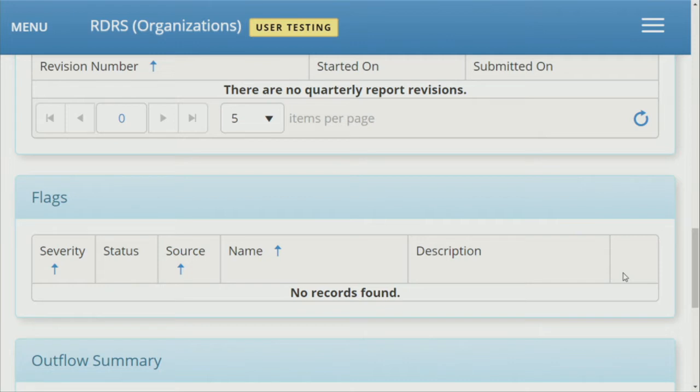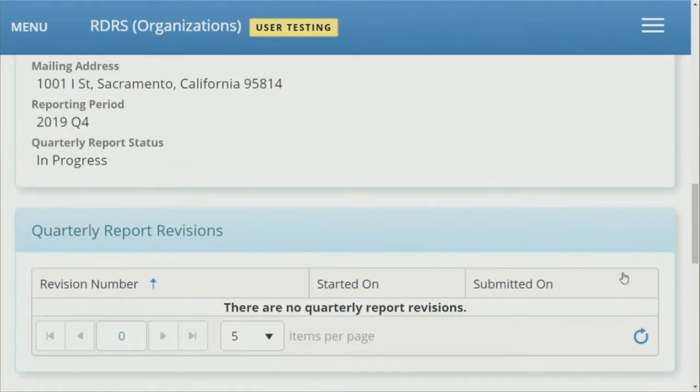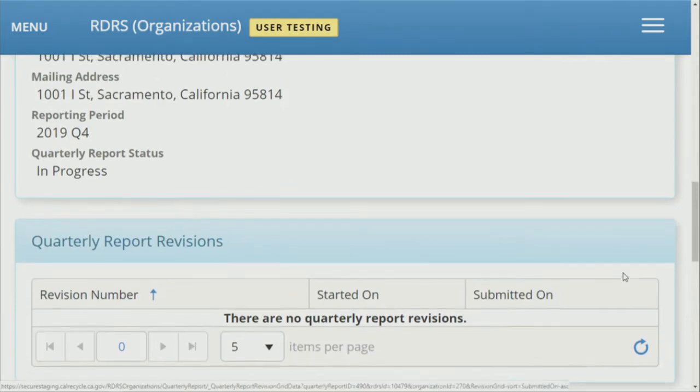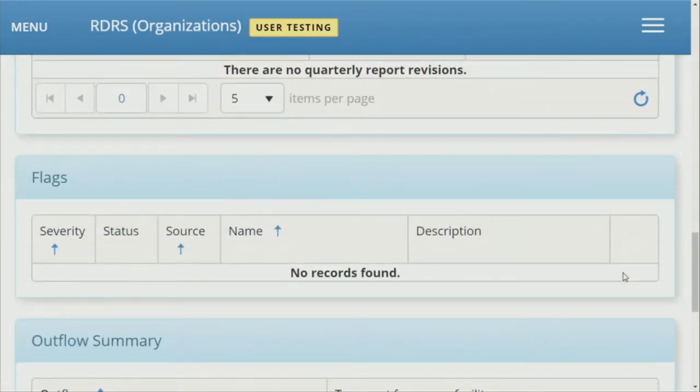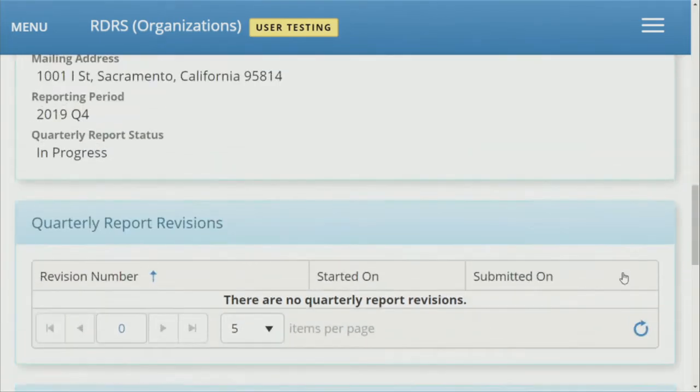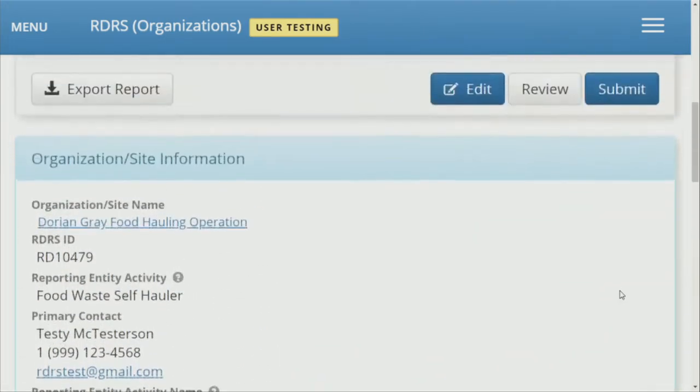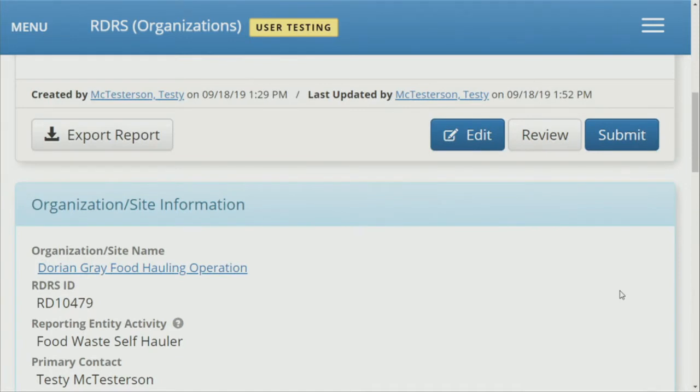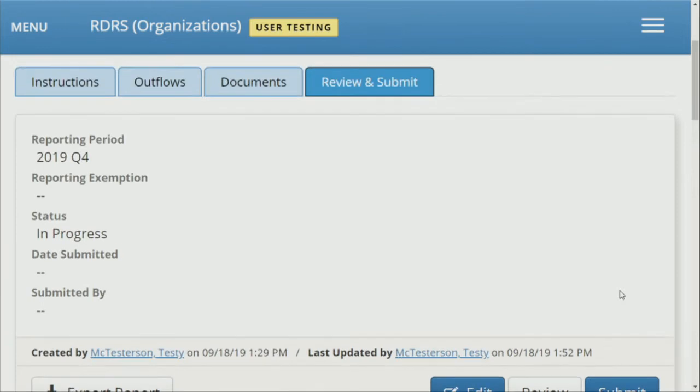I'll try in a couple of the subsequent reporting entity types to deliberately make a mistake so that the flag can catch it, and I can show you how that functionality works. But just know that there is an automated check of the data to ensure completeness, and that's for your benefit, to make sure that everything is there,